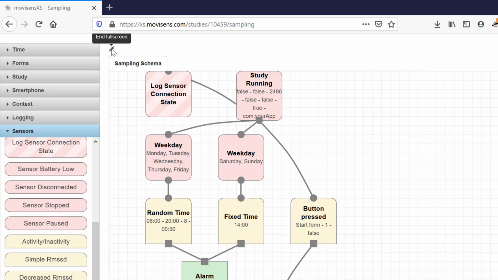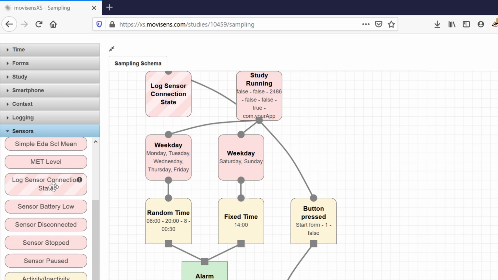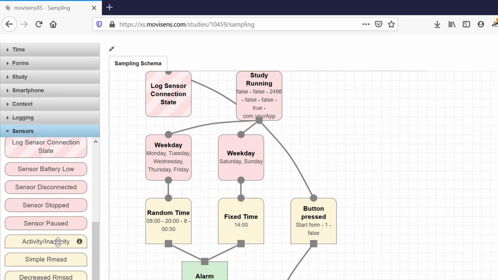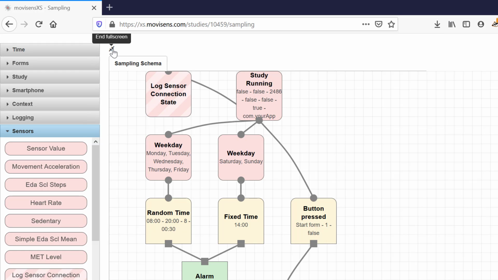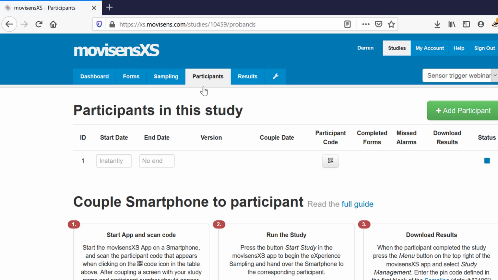So what's the next phase? Once you design your study, we have a few algorithms which we'll touch on in a moment as well, but I just want to show you the ease of the process of actually preparing. So we go to the participants tab, and then we're going to add a participant. It's going to give us some options for adding information for them, but the main thing is you're going to need the following materials, and we'll just cut to a video that Moritz has prepared for us.